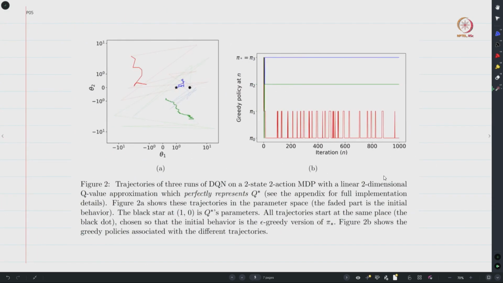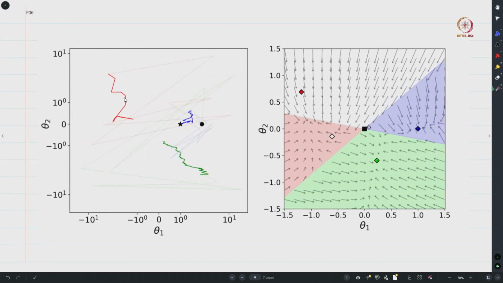Right. So now let us go back to this picture that I have been showing over the last two lectures, and you can see that when you start the solution trajectory very close to this optimal Q star, even then we see three different behaviors. So let us try to identify the limiting differential inclusion associated with this story, and let us see if we can interpret these different behaviors. That is given over here. This is the behavior that we saw in the previous slide, and this is the behavior of the limiting differential inclusion associated with this algorithm.